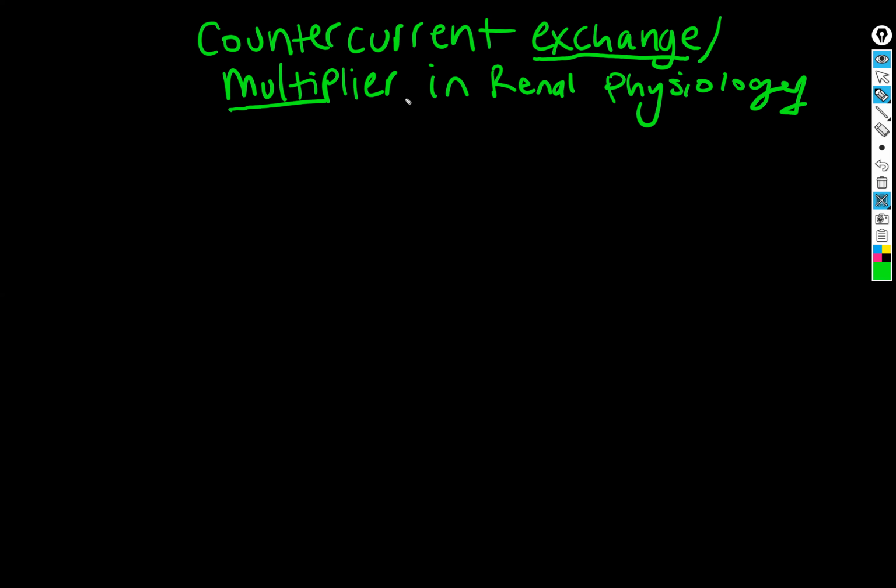It's called the multiplier because of how it functions. So multiplier is talking about the ability for transport within one tube to multiply the maximum potential reabsorption in another tube. So basically, it supercharges